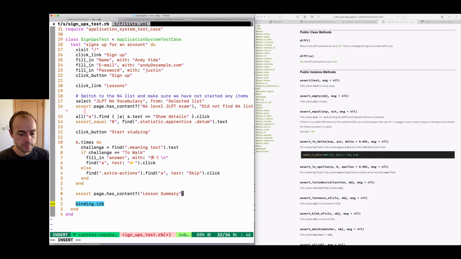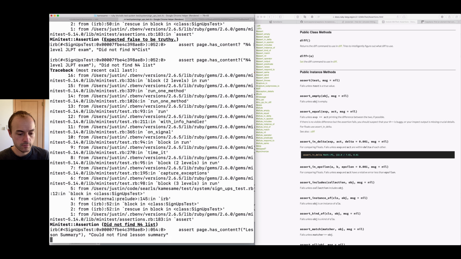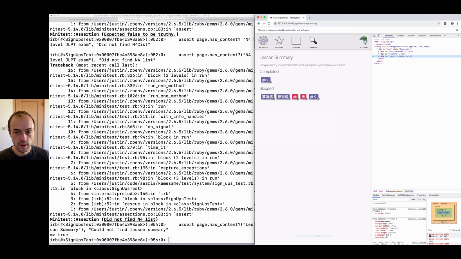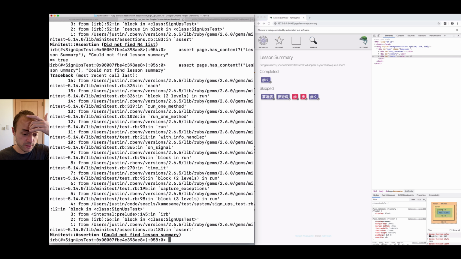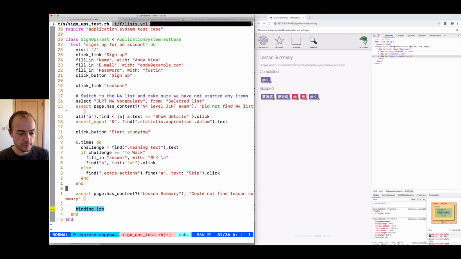All right, so make sure that we see this header. That one worked. Now, of course, we can test the negative case just in console real quick. Make sure that message comes up. Never trust something you haven't seen exercised. Could not find lesson summary. In fact, I don't really like that